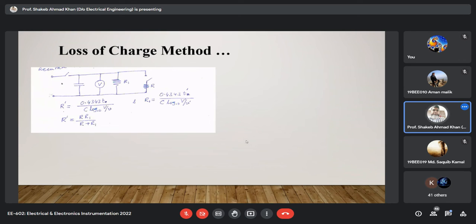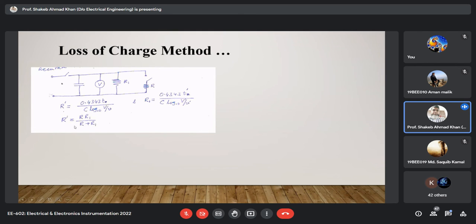Now somebody was telling that there is an issue that your discharge will take a lot of time. So to avoid this kind of situation, we connect another parallel known resistance across the unknown resistance. Obviously this parallel combination will reduce the resistance, and the discharge will take place at a higher, faster rate. In this case, this formula will be R dash,